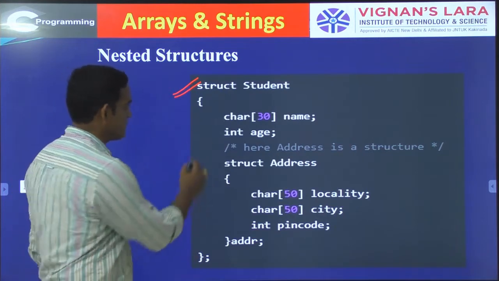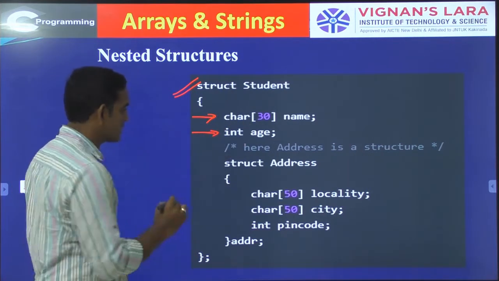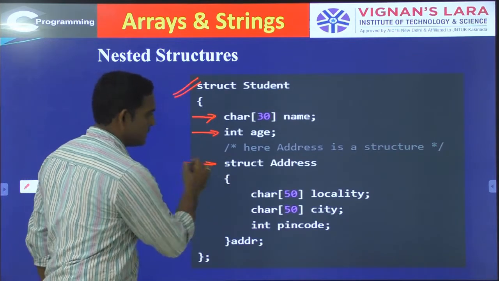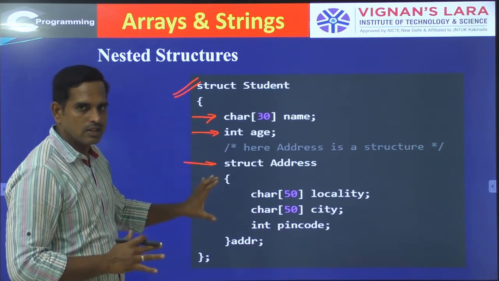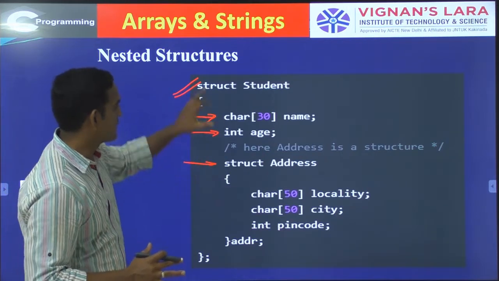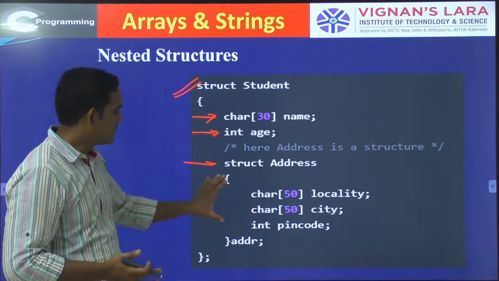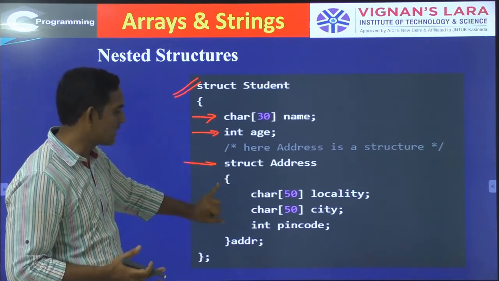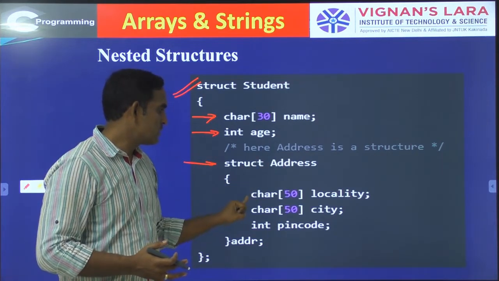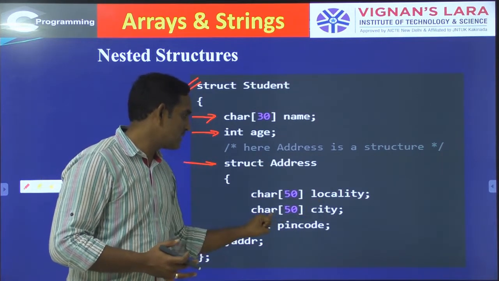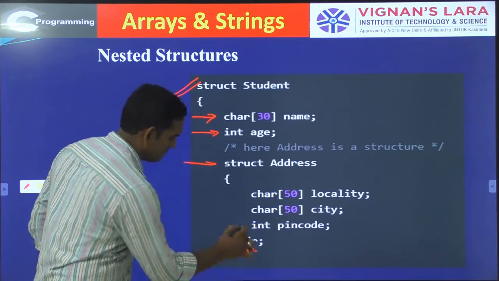Inside the outer structure you have one variable, name, another variable, age, and the third variable is address, which is another structure. This is the inner structure, address, where you have locality, city and pin code,